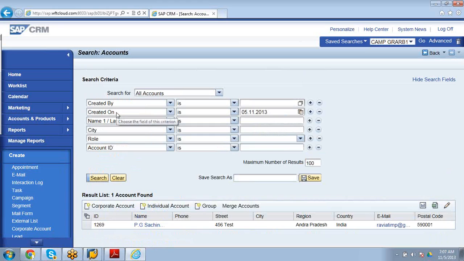To search the existing account or a recently created account, go to created on or created by and click on the search button.